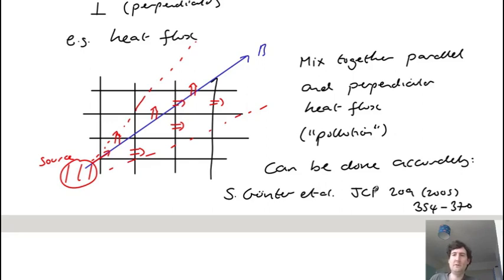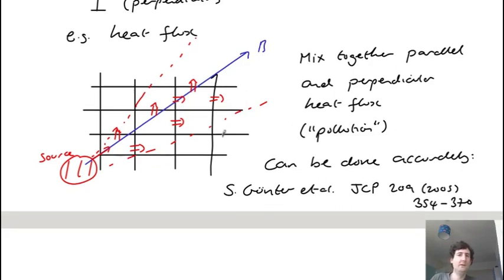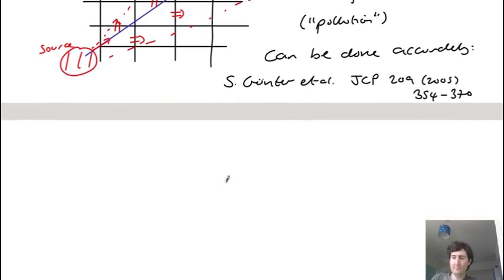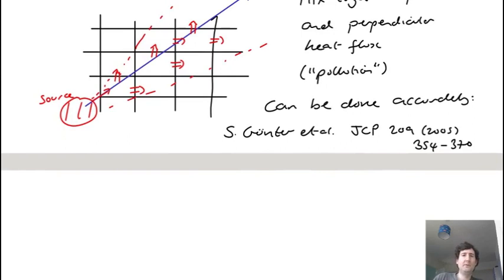So if you're interested, see this Journal of Computational Physics paper from 2005, which has a description of a method for how to do that. So in order to overcome some of the problems with these non-aligned grids, so if you want to treat very highly anisotropic heat fluxes, or more tricky can be if you want to treat the perpendicular and parallel